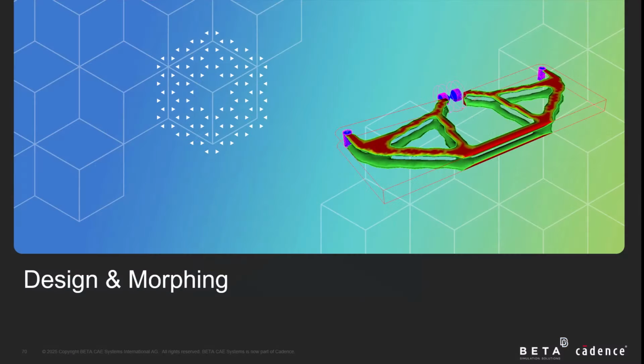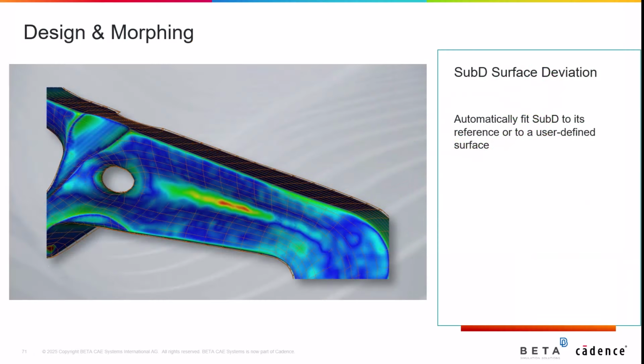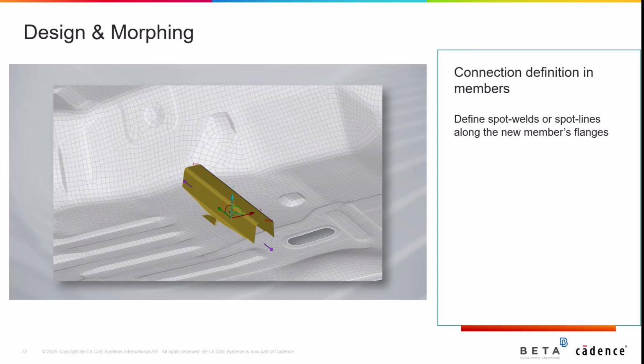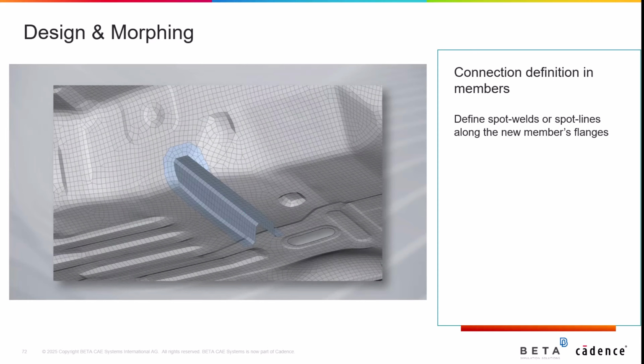Regarding improvements on design and morphing, a new capability allows sub-D to be automatically fitted to their reference geometry or to any user-defined surface. In version 25.1.0, a new feature enhances the member function by enabling the definition of connections. Specifically, spot welds or spot lines can now be added along the new member's flanges by simply setting the target